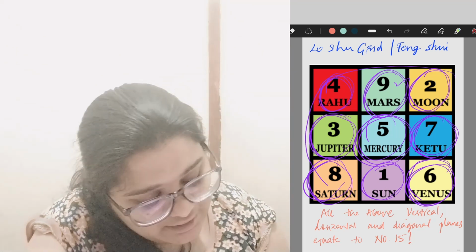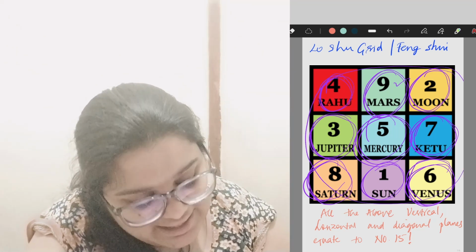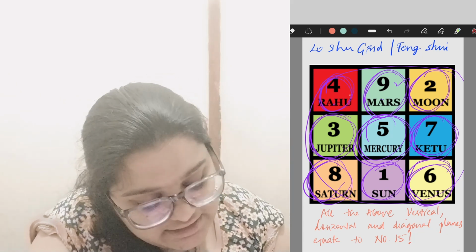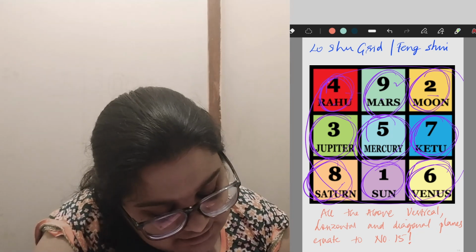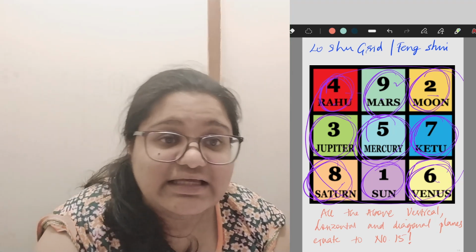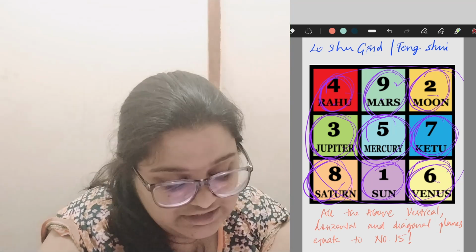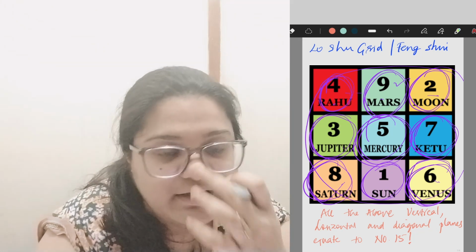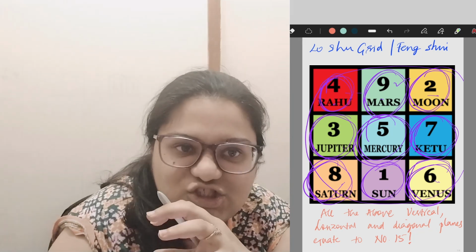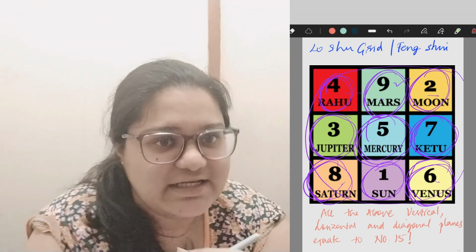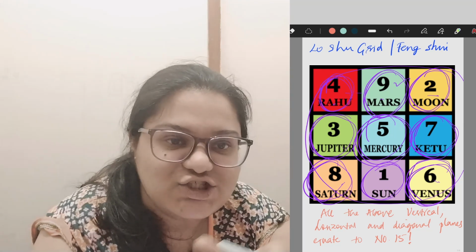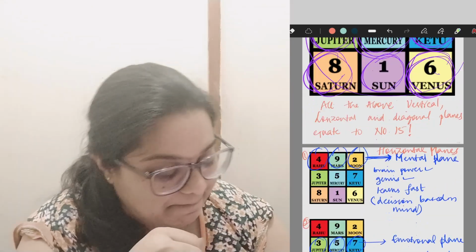Now that you have been able to understand all of these 9 planets and numbers together, one thing you have to know is when put into a grid, each of the numbers added vertically, horizontally or diagonally give us a total value of 15. That is how the arrangement of this Loshu grid has been done. The Loshu grid is based on Chinese astrology and numerology, and from that this grid has been created to enhance its Feng Shui applications as well. Hence, for today's session we'll be understanding this in detail.